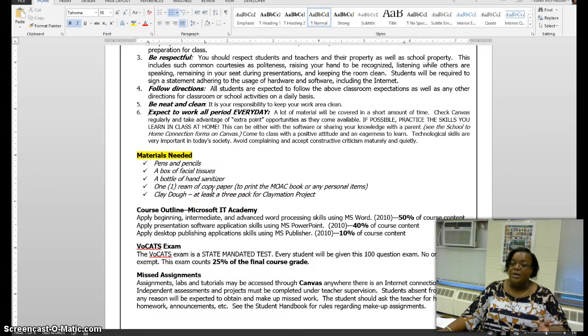There is an electronic textbook that goes with this class that I have already posted on Canvas. But if you are a paper pencil person like I am, I need a hard copy of the book. So if you would like for me to print you a hard copy, you need to bring in a ream of paper because there's 2 books. There's one for Microsoft Word and one for Microsoft PowerPoint. And each book is over 400 pages.